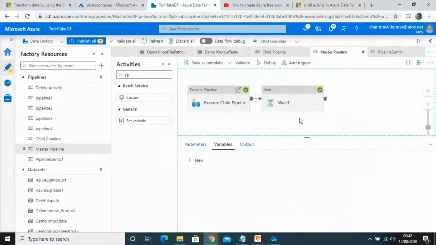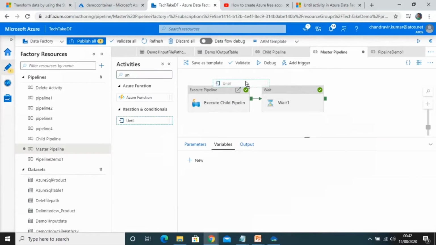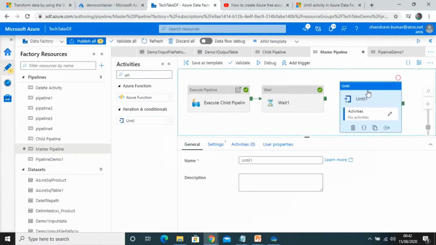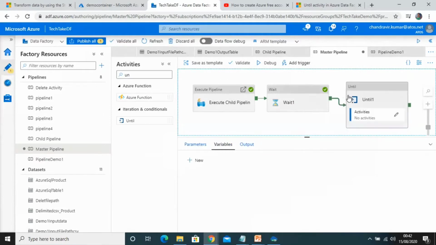Now go to the Azure portal. This is Azure Data Factory. I have already opened it, and I was doing some practice with these activities, I guess for the last videos of this channel. So I have used Execute Pipeline and Wait here. Okay, so let's start with the Until activity. Just search for Until in the activities section, drag and drop it to the pipeline canvas, and you can connect it from the Wait activity to the Until activity as the next execution.